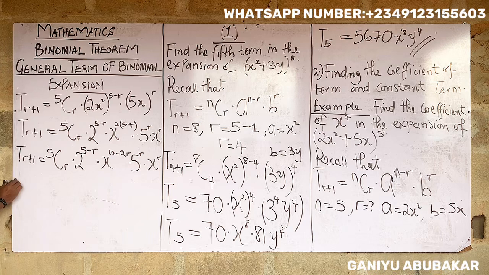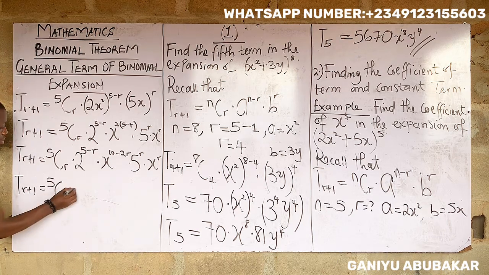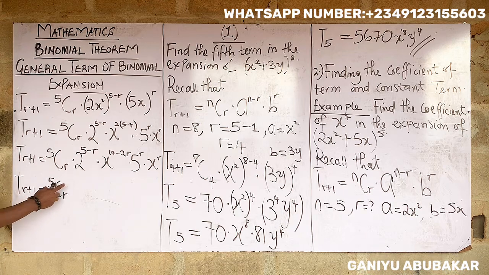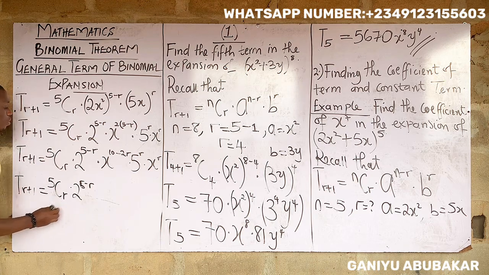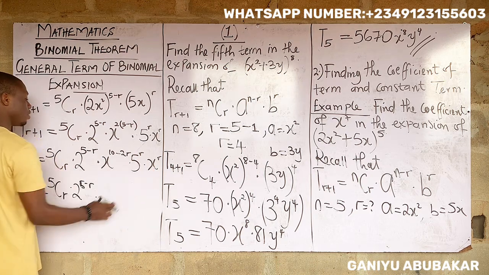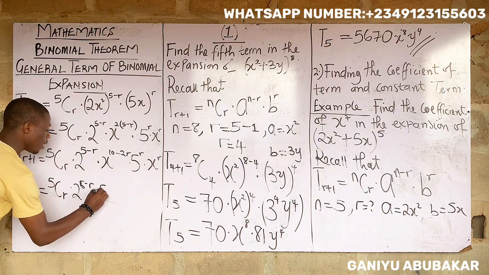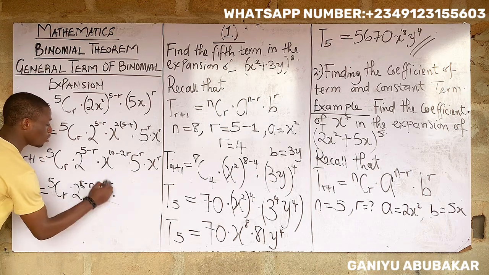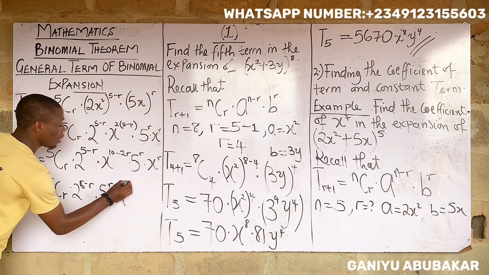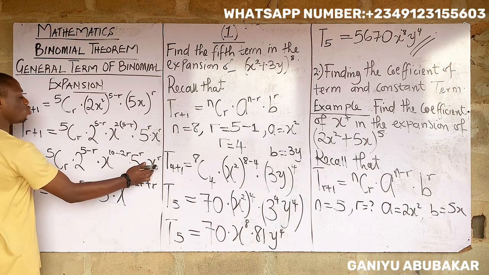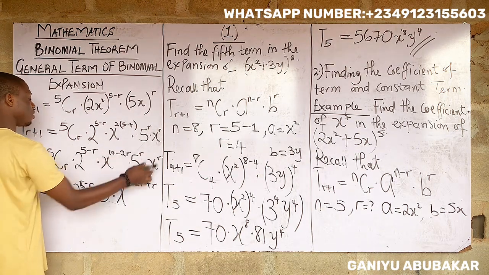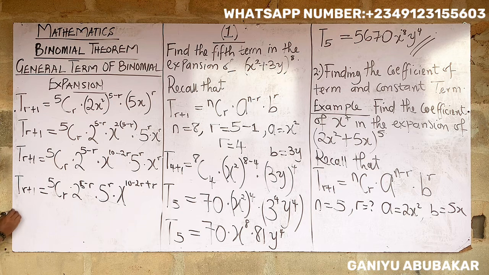So if I have T r plus 1, that will be equal to 5 combination r, right? So drop this down, times 2 to the power 5 minus r, times x and x. So bring this one secondly, 5 to the power r, times, combine these two, x to the power 10 minus 2r plus r. Indices: if I combine these two, because a plus, combine this plus this, I have this. So I have T r plus 1 is equal to,